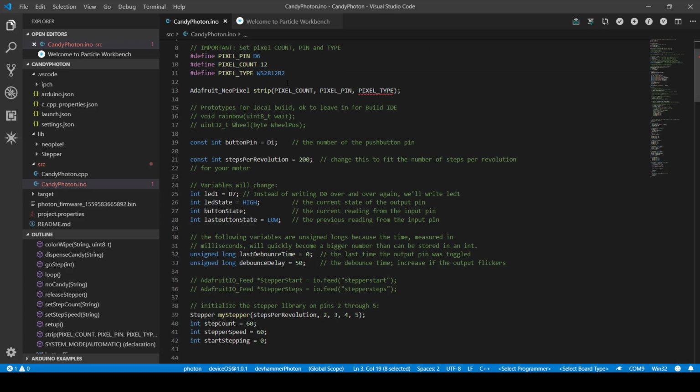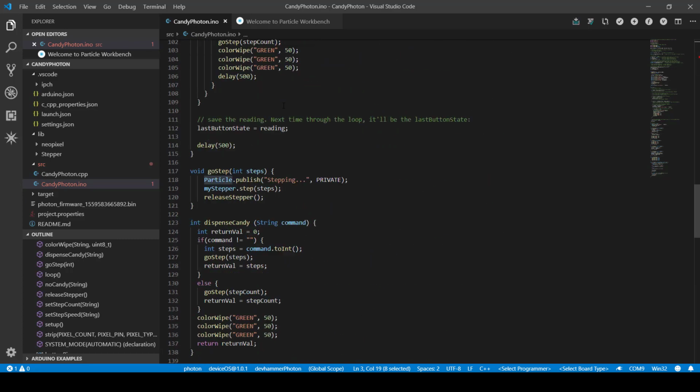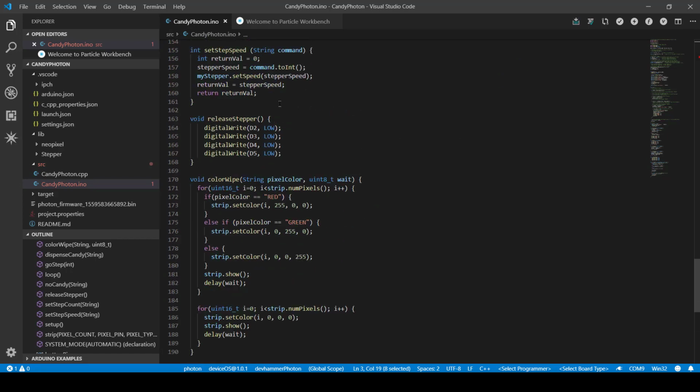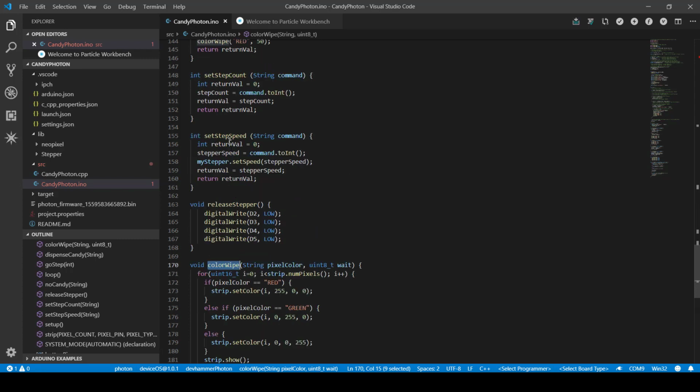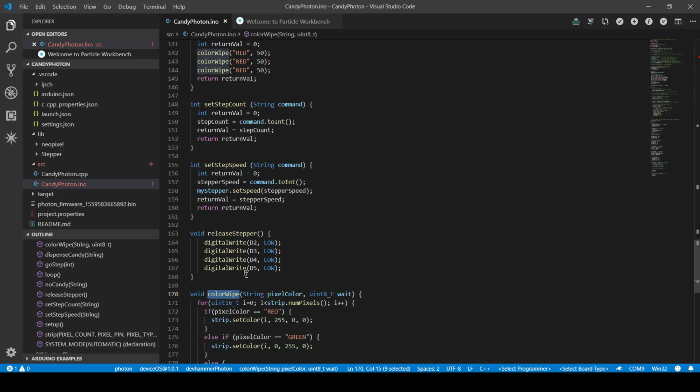So not going to go too deeply into the code, but pretty straightforward here. At the bottom of my code, I have some functions that are related to the LED. For example, I'm going to do a color wipe. I have an LED ring for my status, and we'll see that in a second when I demo. Basically, I'm running through a series of LEDs and setting the colors depending on what color is passed into the function. I also have some helper functions for setting the step count, the step speed,